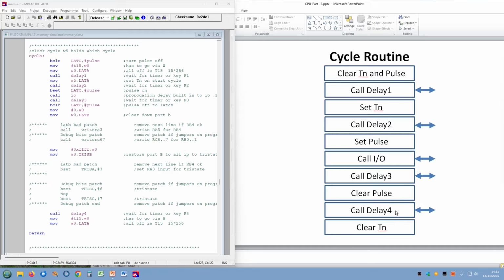Then delay 4, or function key 4, and then it will clear the T state as input it to T15, so all the T states are turned off, and now everything's back to its dormant state, and it will then return back to the previous sequence. So if we look for the code of that,